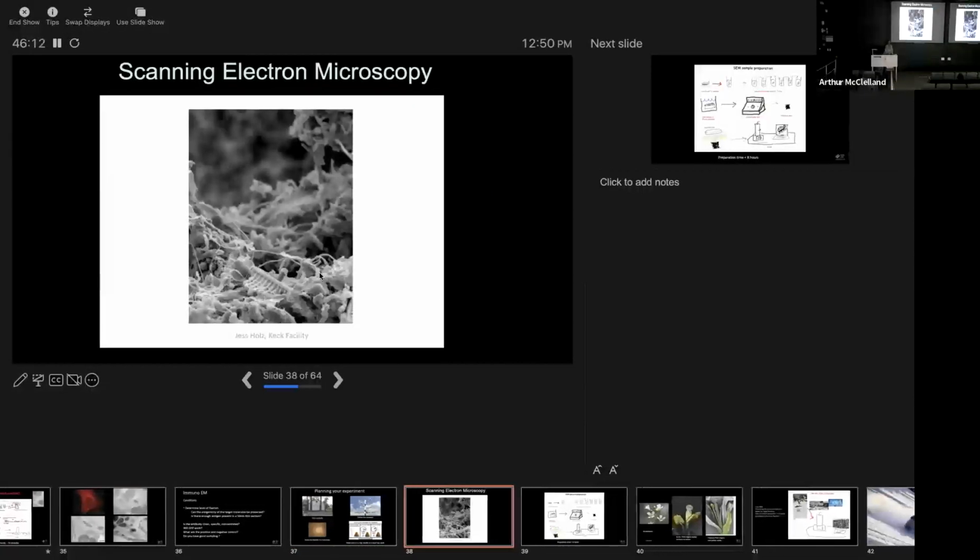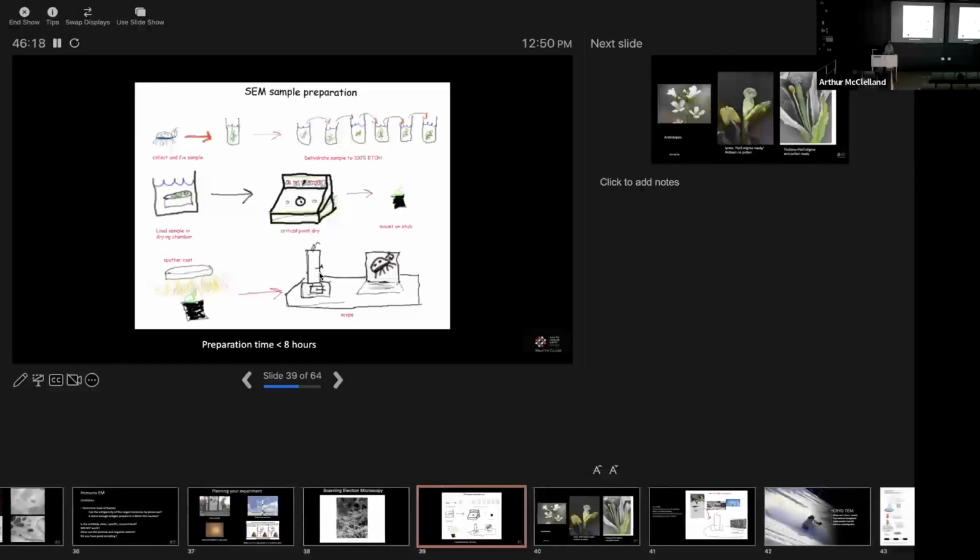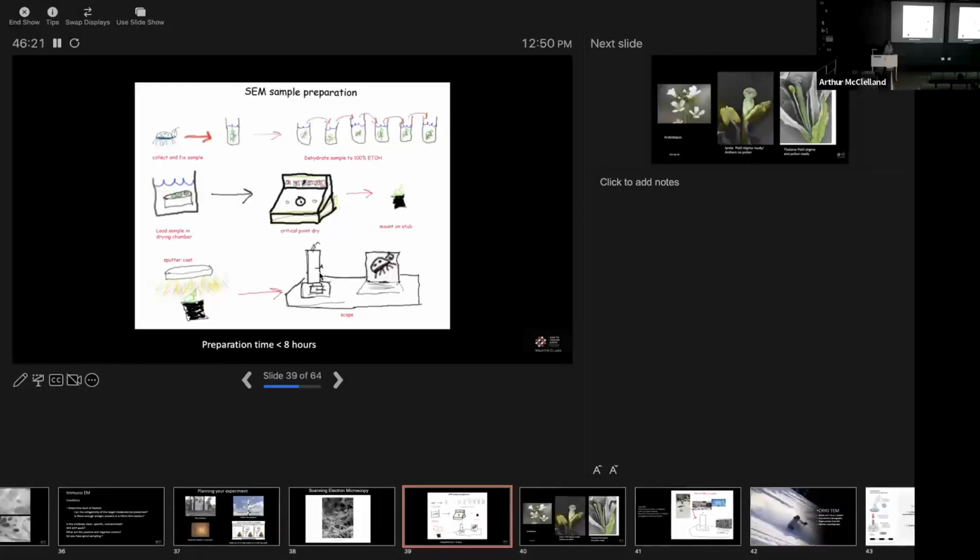So I'm just going to talk real quickly about scanning EM. This can also be used very effectively with biology. It's a relatively quick and easy procedure that you can get done in a day and be imaging the next day. Again, fixation, the same fixation you use with TEM, then dehydration in a graduated process. Critical point drying, because we want to have an air-dried sample with no air drying artifacts. The critical point dryer will get us there by exchanging ethanol with CO2, bringing CO2 up to a gaseous state under pressure. Now we have an air-dried sample that hasn't had any air drying artifacts.